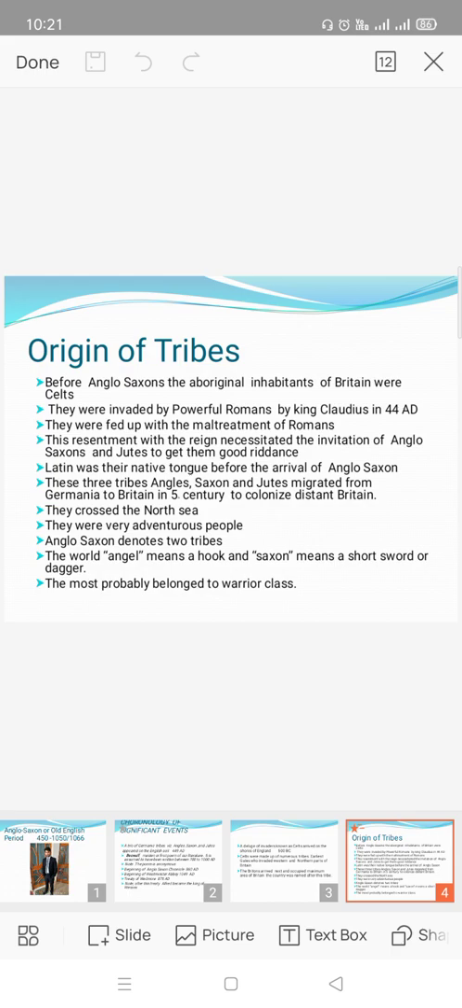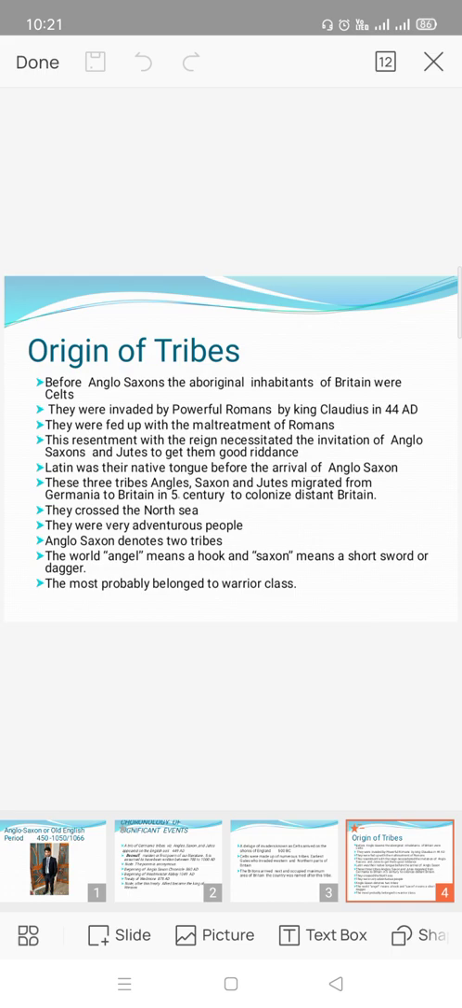This resented the reign and necessitated the invitation of the Anglo-Saxons and Jutes to get them good riddance, because of the maltreatment of the Romans. They considered the Aboriginal people of Britain as savage people, people without culture, without morality, without knowledge, without any sort of cultural refinement, and that is why they considered them their subservients, and this sort of maltreatment